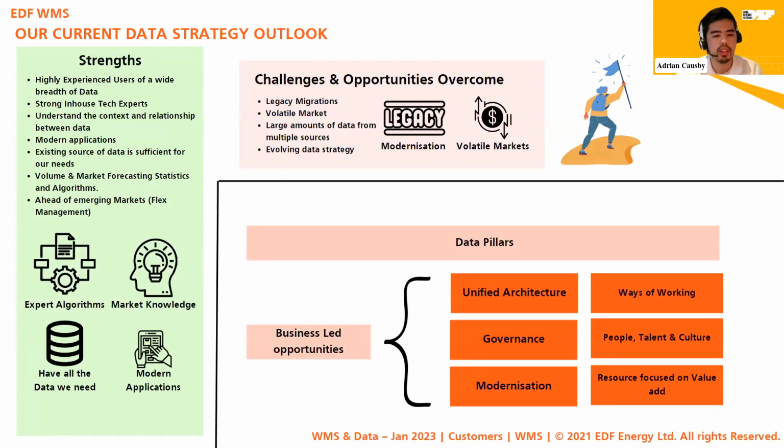So, for example, we've got a volume forecasting algorithm, and one of our market experts will see that National Rail is going on strike, and that person will know exactly what to do. They'll know exactly how to factor that into our forecast so that we can better position ourselves in the market. So our algorithms and the people is where the strength lies in how we forecast those trades and what our